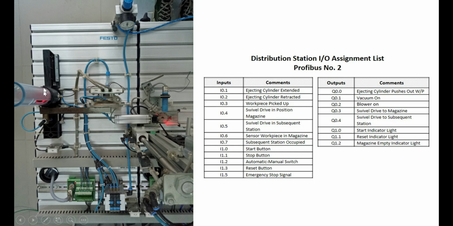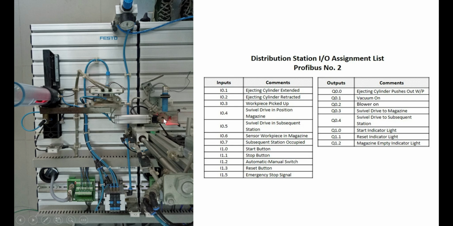Always remember that this area right here where there is a stacking of workpiece, this is the magazine station, and this one right here is the subsequent station. So Q0.3, which is swivel drive to magazine, that means that this swivel drive is from subsequent to magazine station. And Q0.4, which is swivel drive to subsequent station, that means that this swivel drive is from magazine station to subsequent